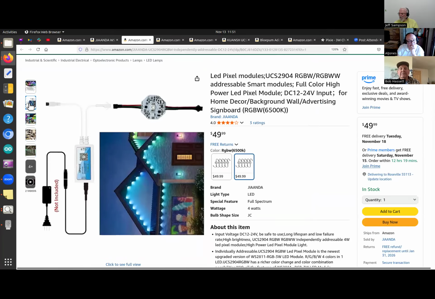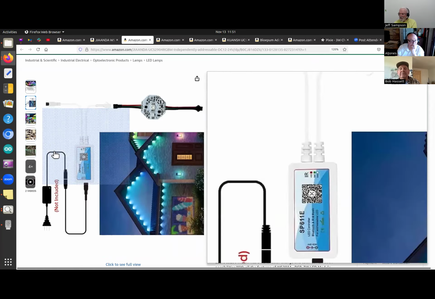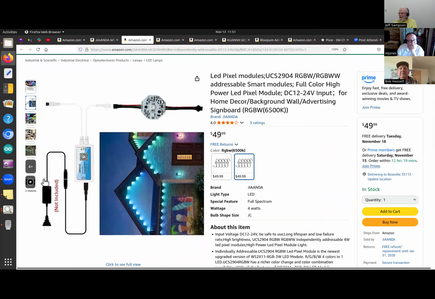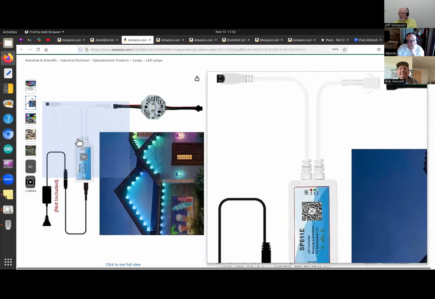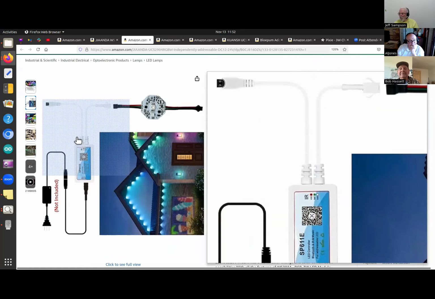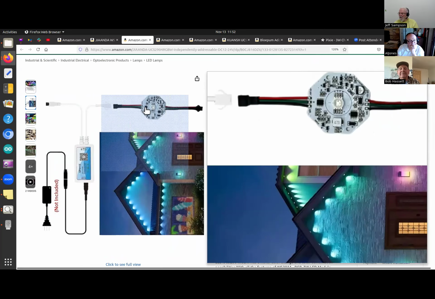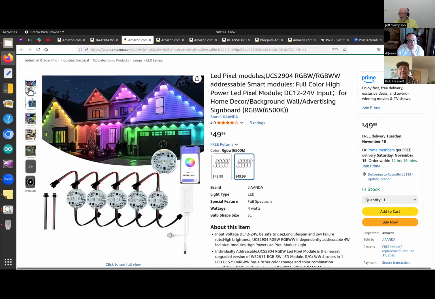And here's another thing to watch for. They keep talking about this controller to run the whole thing, but somewhere in the fine print it's going to say, oh, this controller, right there it says not included. So you don't get the power supply. I assume you don't get the controller or any of that stuff. But they're saying you could hook that up if you wanted to. So anyway, back to what I was talking about here. If you look at these,